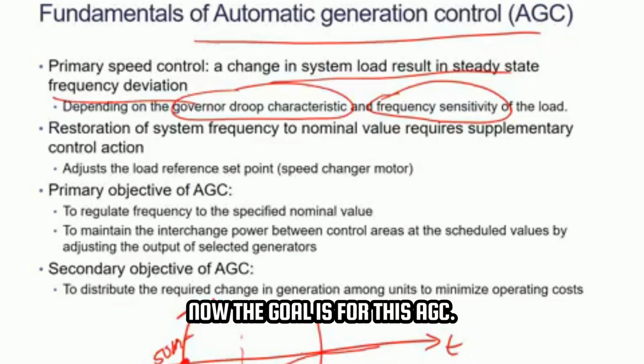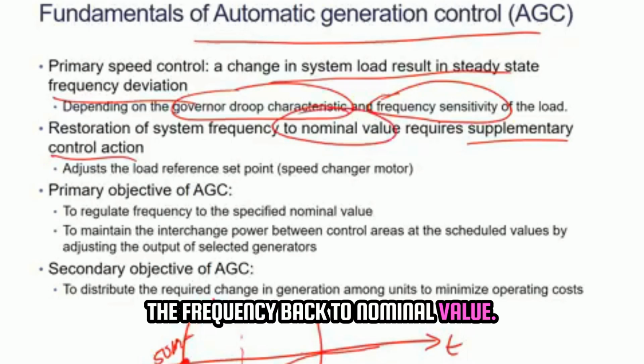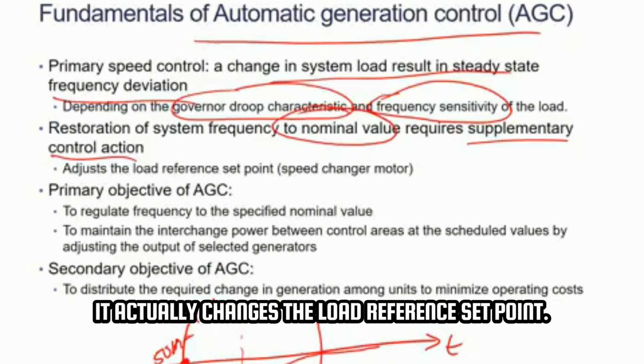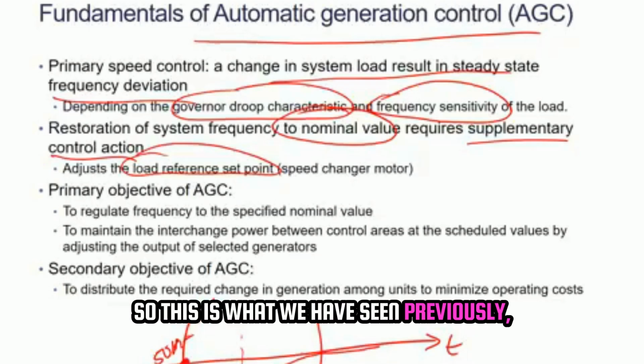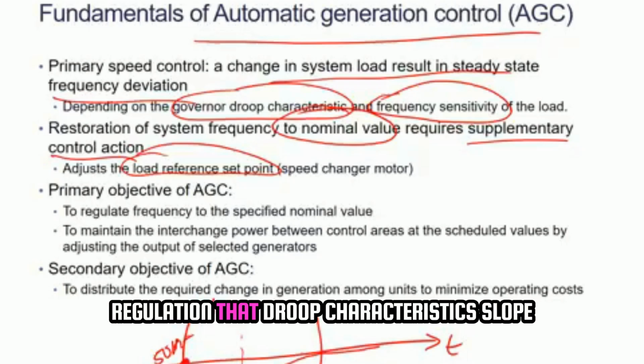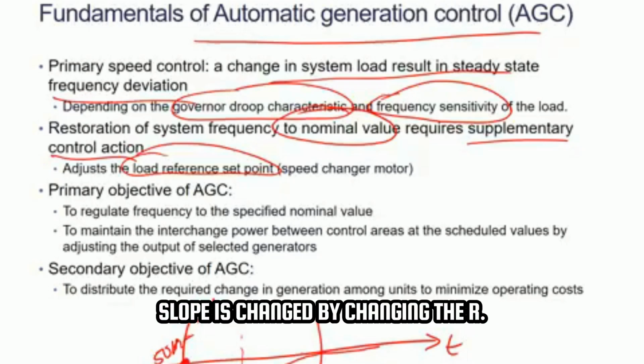Now, another name for AGC is supplementary control action. And the goal here is to bring the frequency back to the nominal value. This is the goal of AGC. And how does it do that? It actually changes the load reference set point. So this is what we have seen previously, that if you want to change the R, the regulation, the droop characteristic slope is changed by changing the R. But if you want to shift the slope up and down in the vertical sense,